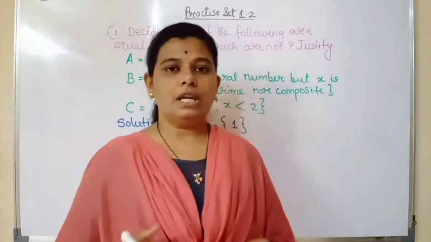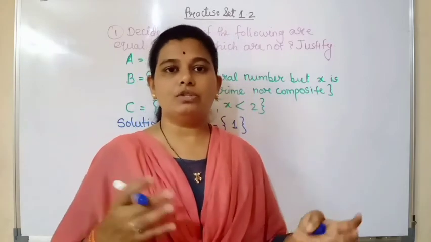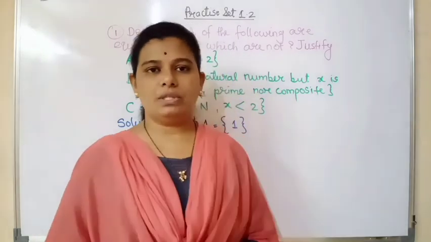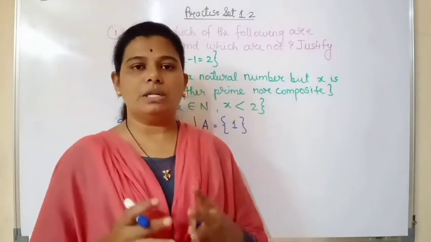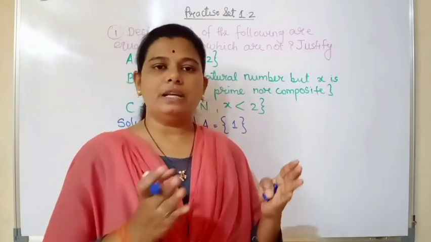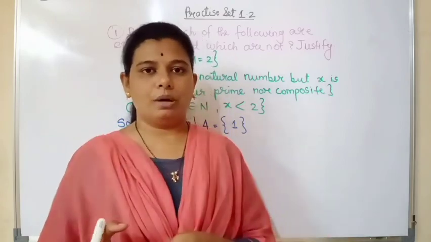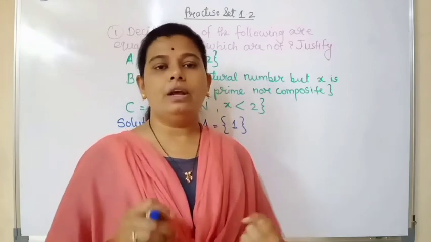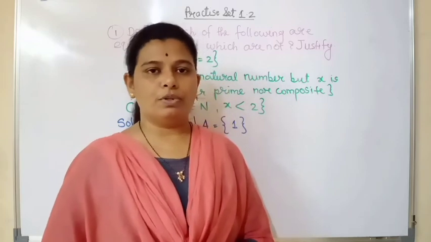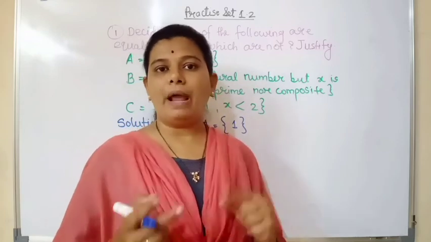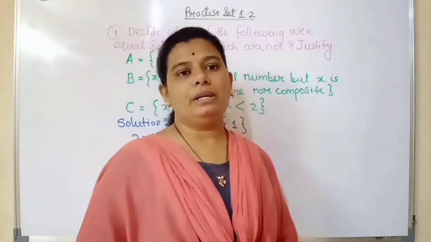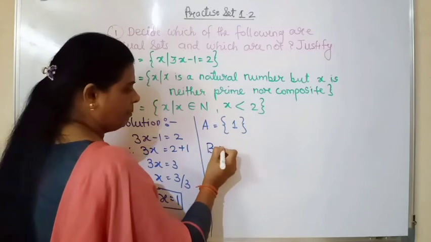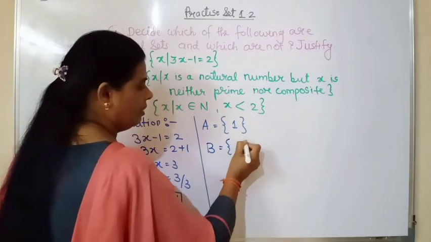So when we see our counting numbers, that is 1 to 100, 1000, 10,000, whatever it may be, we all know that those numbers are divided into two parts, the prime numbers and composite numbers. But still among these numbers, there is one number which is neither prime nor composite. That number is 1. So what will be our set B? Set B is the number 1.